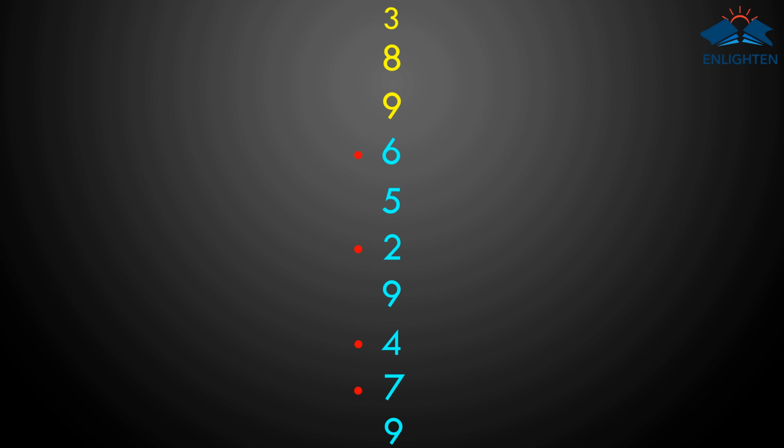Dot and carry 2. 2 plus 9, 11. Dot and carry 1. 1 plus 8, 9. 9 plus 3, 12. Dot and carry 2. Here we have 6 dots, that implies 60. And we have carry 2. 60 plus 2,